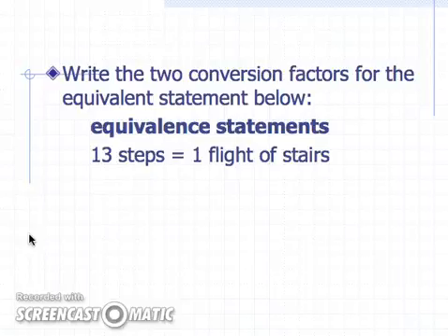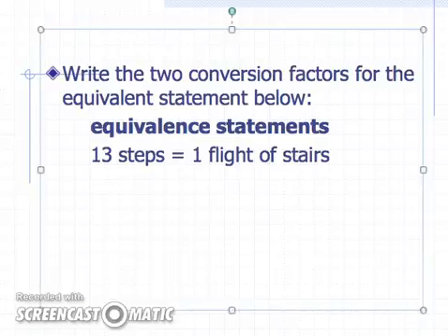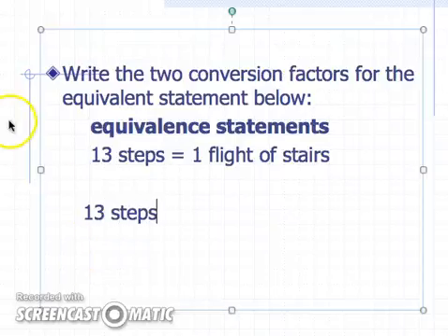All right, so if we take a look at this example, if we have 13 steps equal to 1 flight of stairs, the way that we would make our conversion factors is we just write it straight from left to right. If we were to take 13 steps, that would be what we put on top. I'll do this one first. We would take 13 steps on top,